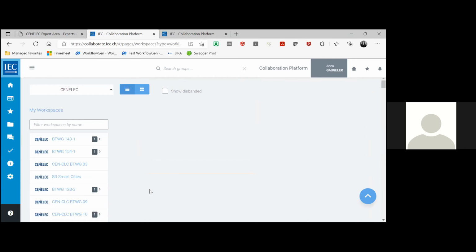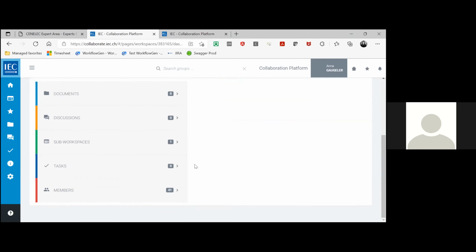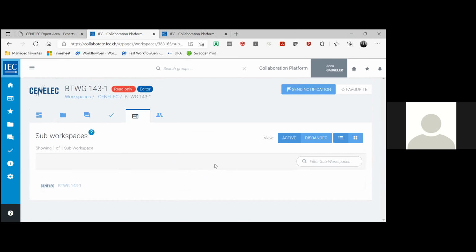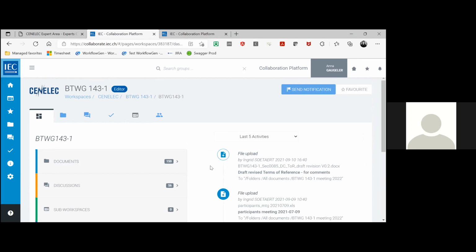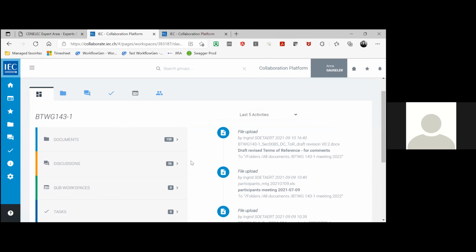I will just open a workspace to show it to you. There is this first layer of workspace. It is a read-only layer, so everybody can see it. And then there is a second layer, which is the sub-working space. And there, it's only for people who are given access to this specific workspace. And here you can see the parts again. So documents, discussion,